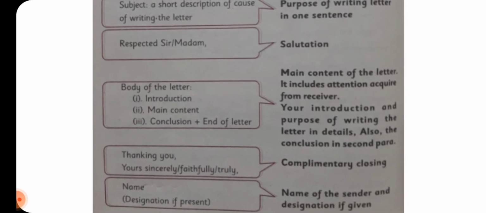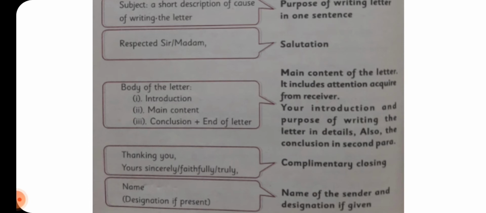If you know that the person you are writing to is a male, you simply mention respected sir. If you know that the person you are writing to is a female, you mention ma'am. And if you just don't know whether the person you are writing the letter to is a male or a female, in that case you write sir, then a forward slash, and then madam. Like if the reader is a male, he'll take himself as sir, and if that is a female, she'll automatically be read as ma'am. Then you put a comma and then you write your letter.